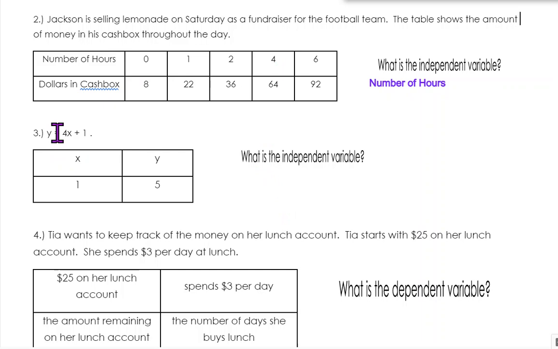All right, in this example, I have y equals 4x plus 1, and it says x equals 1, y equals 5. All right, so what would be the independent variable here? Well, I see I have x and y here, right? So which one does that go with? Well, that goes with our x values. So our independent variable would just be all of our x values, all of our possible x values. Okay,